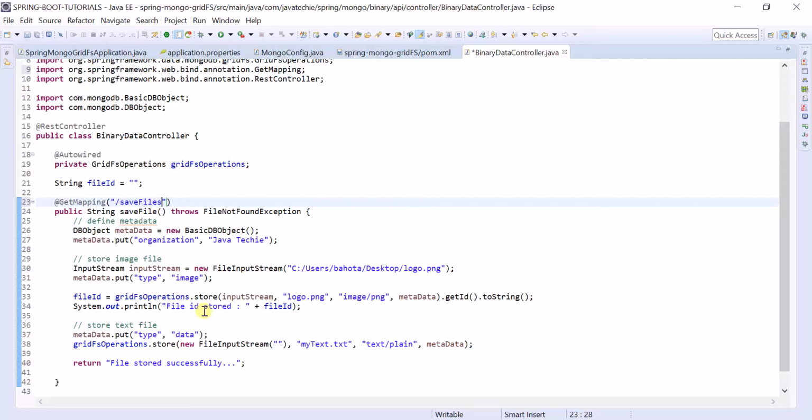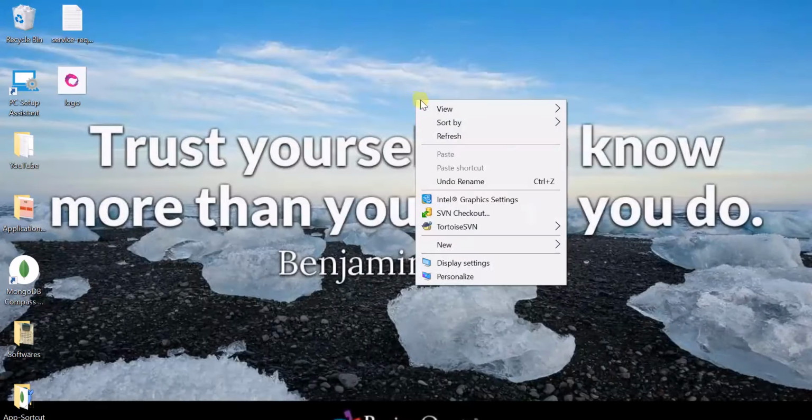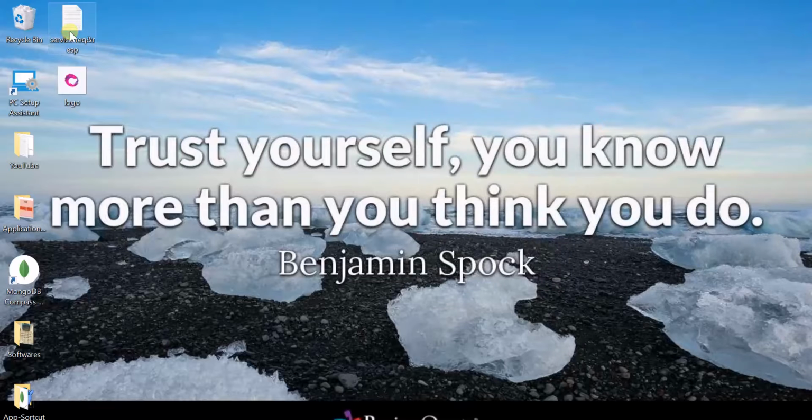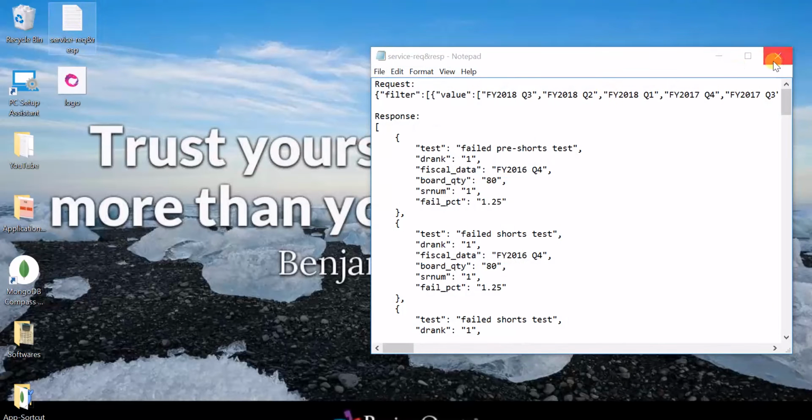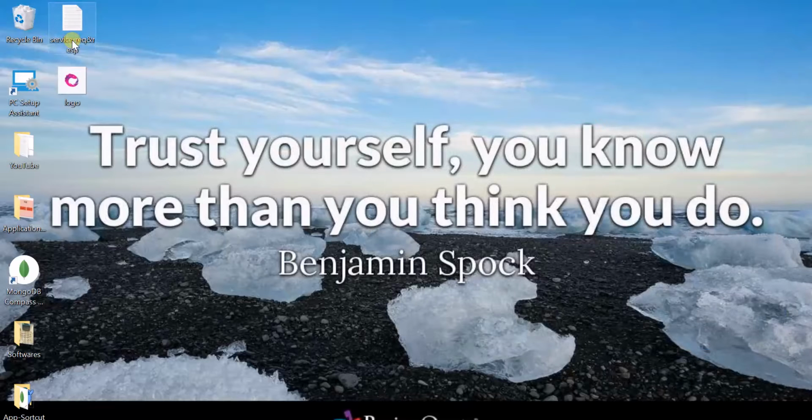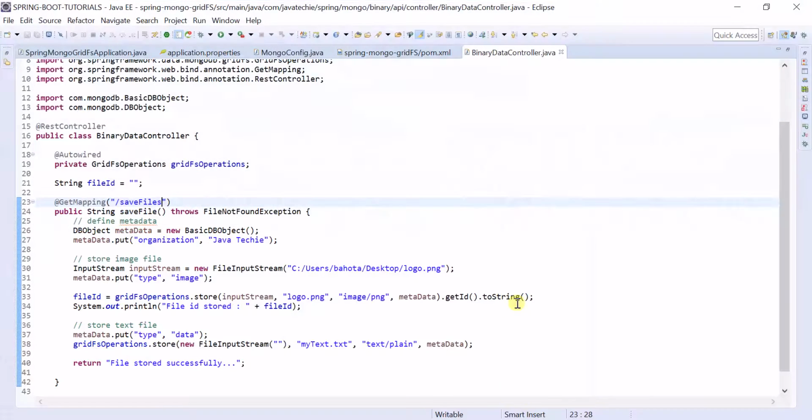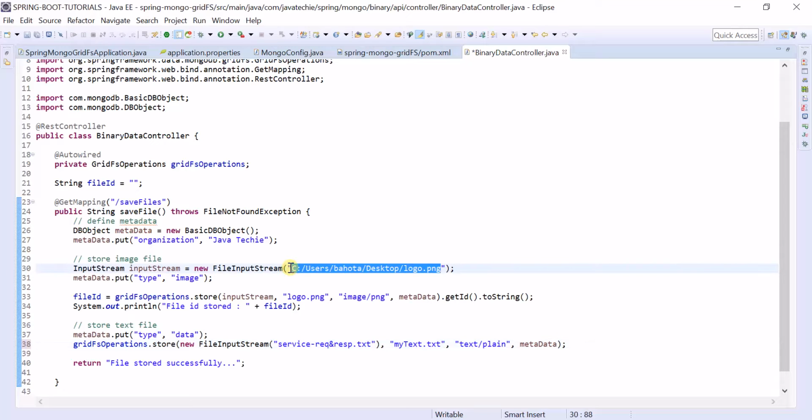So create a text file, something like a text file I have, with .txt and the path is